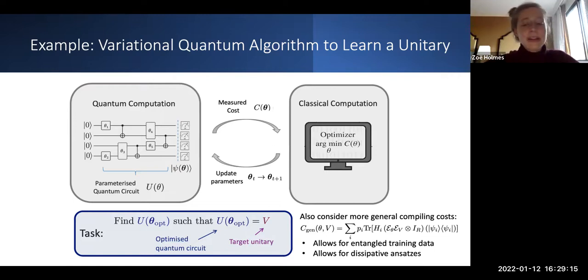So this makes things more general. Yes, there will be some cost functions you could potentially consider to compile a unitary that do not take this form. A really naive one would be, what if you just squared it or took the log of it, something along those lines. It wouldn't fit into this framework automatically. But I suspect that it would be pretty straightforward. If you gave me a generalization and said, try and generalize your proof to this case, I suspect it would generalize. It's just a question of how painful it would be to do that generalization.